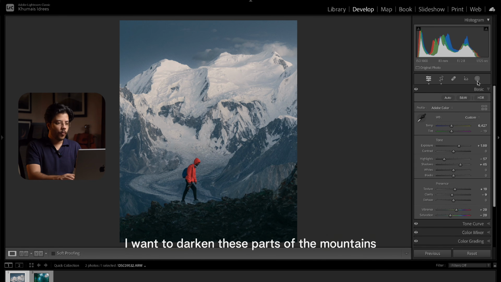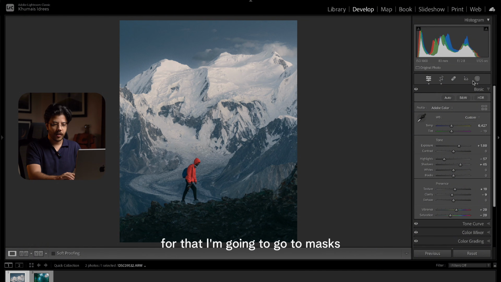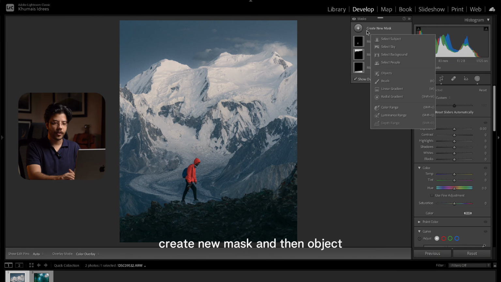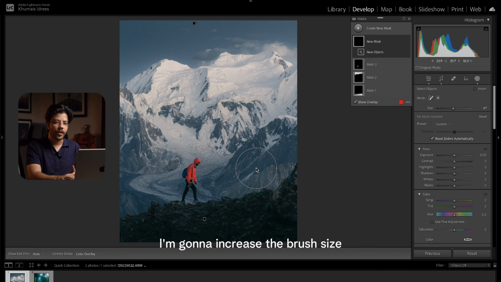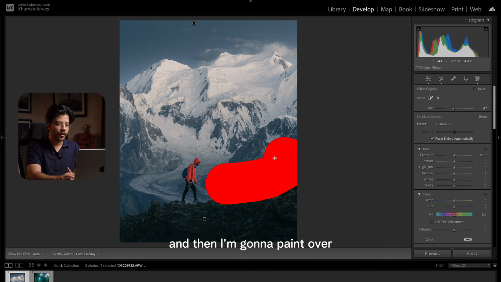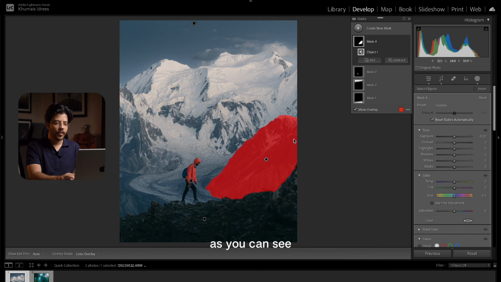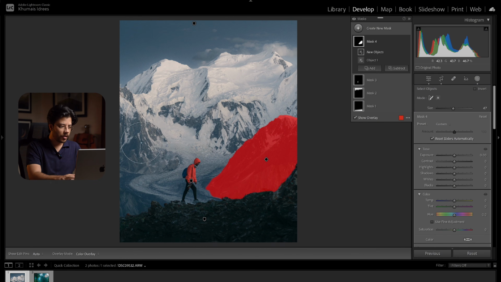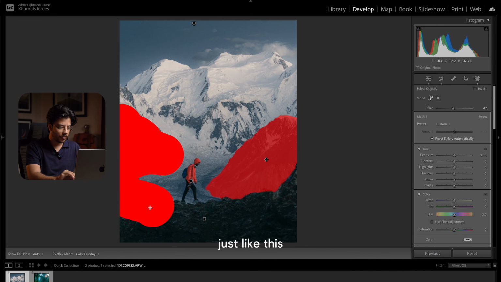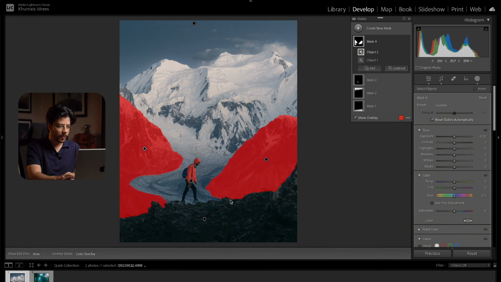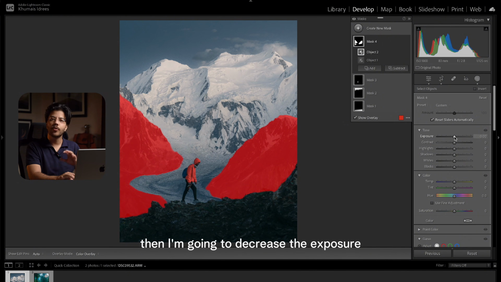And for the fourth mask, I want to darken these dark parts of the mountains. For that, I'm going to go to masks, create new mask, and then object. I'm gonna increase the brush size, and then I'm gonna paint over these black areas of the mountain, just like this. As you can see, Lightroom did a pretty good job of handling that. So I'm going to add another object and then go to the left side of the image, just like this. Yeah, this looks good. Then I'm going to decrease the exposure,